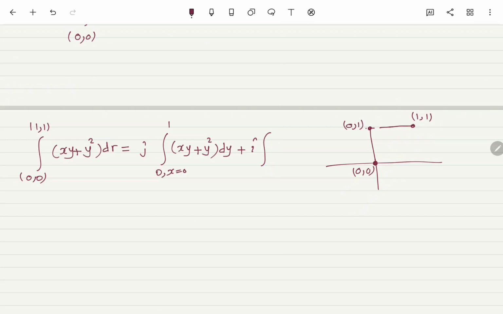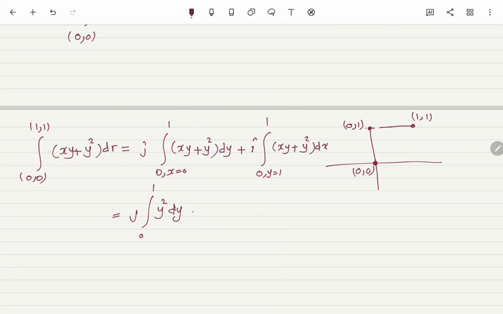So integration from 0 to 1, with y equal to 1, of xy plus y squared dx. Upon simplifying this, j integration from 0 to 1 of y squared dy, because we substitute x equal to 0, so this part cancels out. So y squared dy